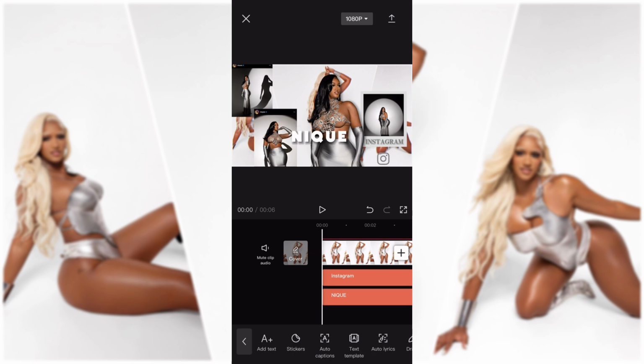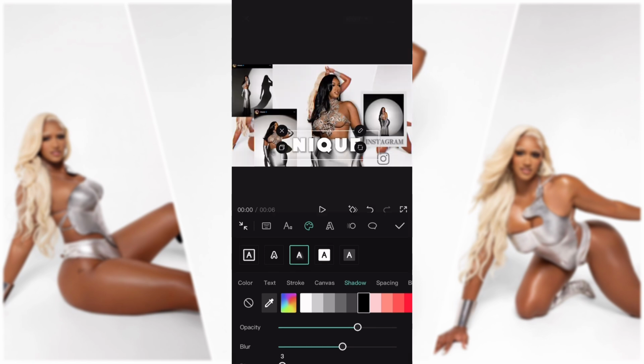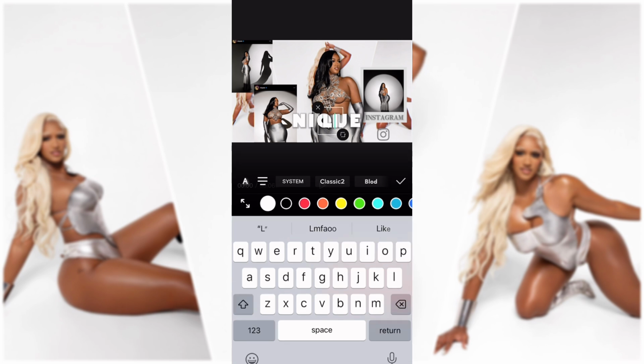So you're going to just see me move around her name a little bit and make it bigger so I can find a good placement for it, because I didn't want it to be somewhere where you can't really see it, or somewhere where it just looks weird. So you're also going to see me go back and forth with the shadow because I didn't want it to bounce off with the